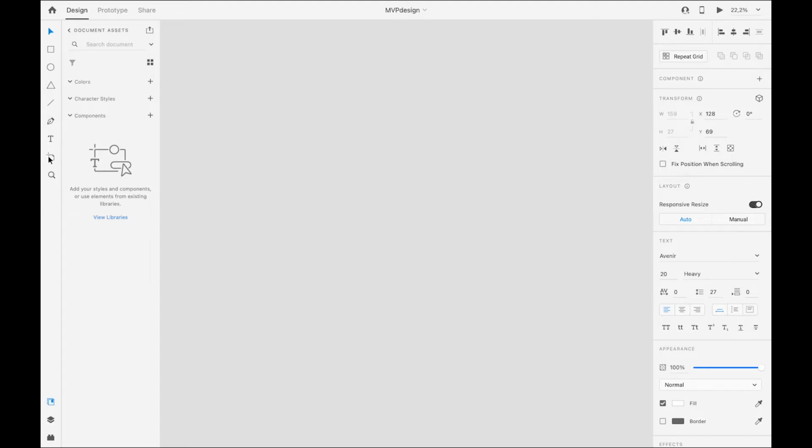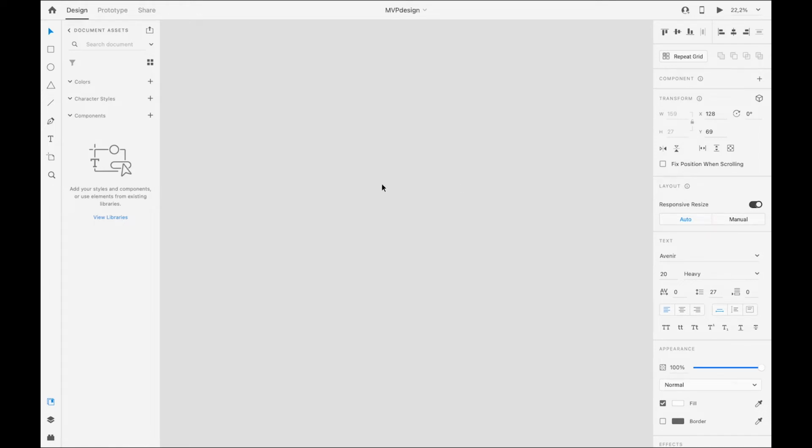Over here, this button is to create a new artboard, if you want to create new artboards that you're going to be designing your app on. And then on the right hand side, you have all the properties of whichever components you're busy working with. Now that we've given you a little bit of introduction to the pages, let's jump in